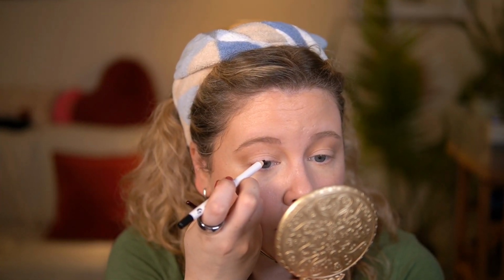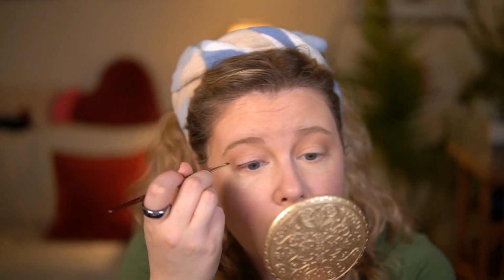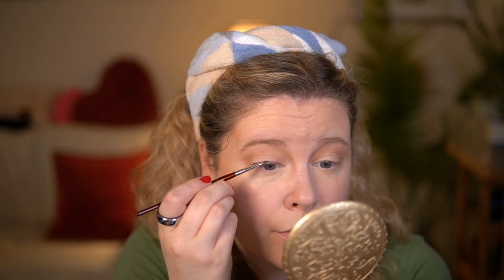Okay, so let's try the eyeliner, and then we have the mascara as well, and this is just a gel eyeliner, so hopefully you'll be able to see how well the mascara does. Keep in mind the mascara, it's brand new, so it hasn't been opened to do what it's going to do. So I'm pretty sure this is a sharpenable pencil. Yeah, I'm pretty sure. And well, not smudge it on my finger is what I like to do. So what I like to do is just, it's not super black, which is okay with me. Might have to do some tight lining, especially since I don't have any darker shadows to blend this into. Yeah, I don't wear truly black